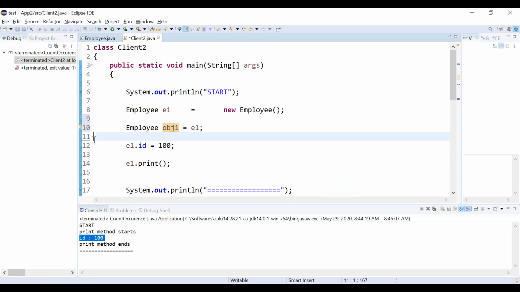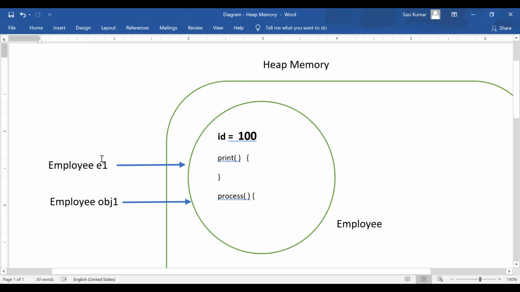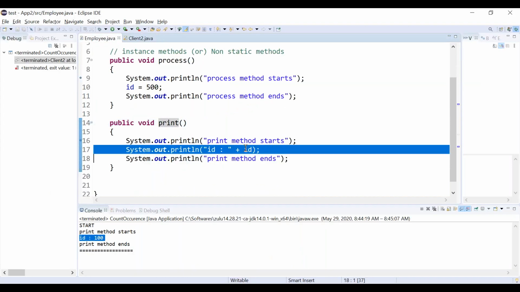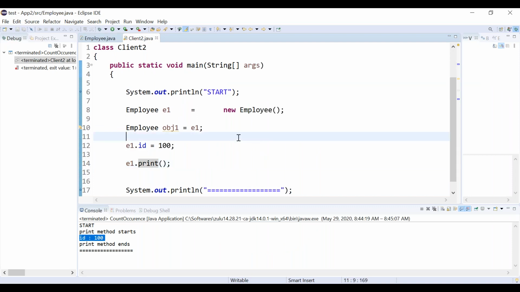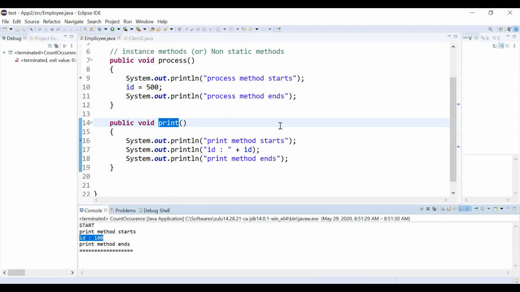Now listen, I am mentioning e1.id. I am making e1.id 100. If I call the print method, it just prints the id. So let's run. Just like the previous example, you won't feel any difference.